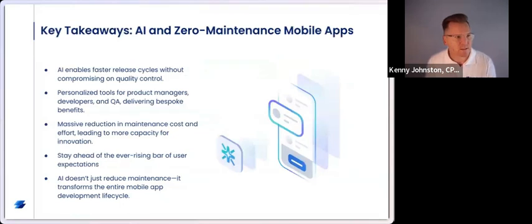So some key takeaways. As I mentioned, we have a fundamental belief that automated code development and quality management is going to come to mobile first. We believe that AI can really help reduce what is a very high quality and maintenance burden for mobile app teams in particular. We're creating tools that enable mobile developers, as well as the teams who support them, like QA and product managers, to see the benefits of this